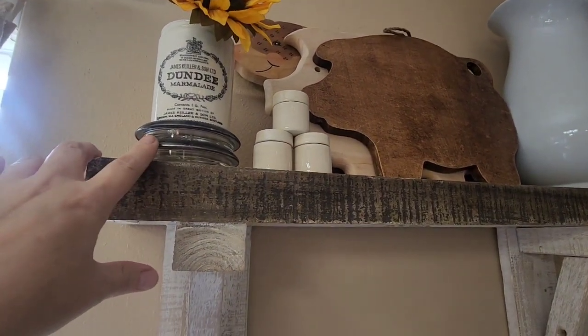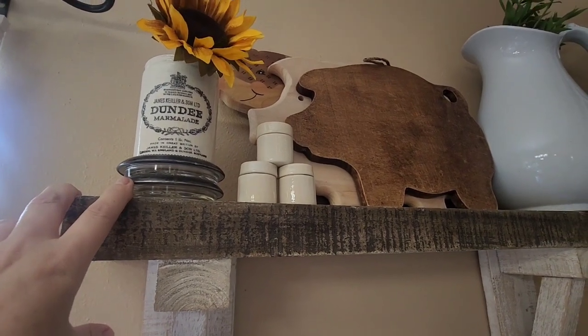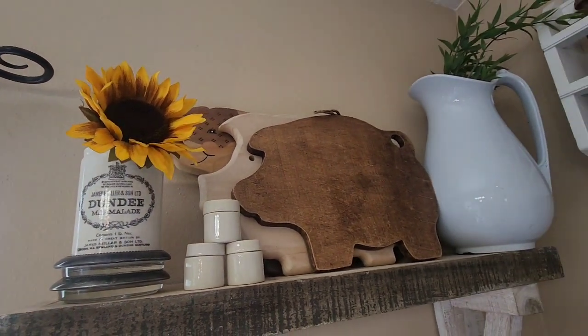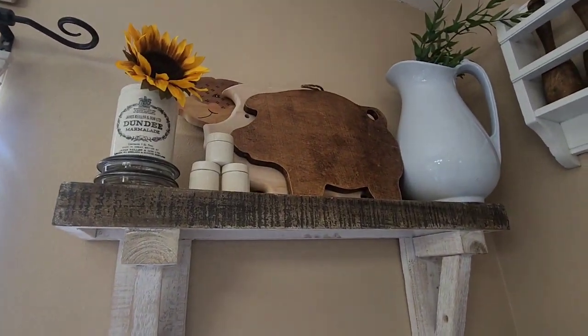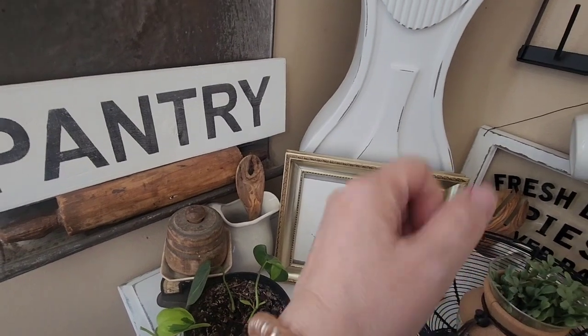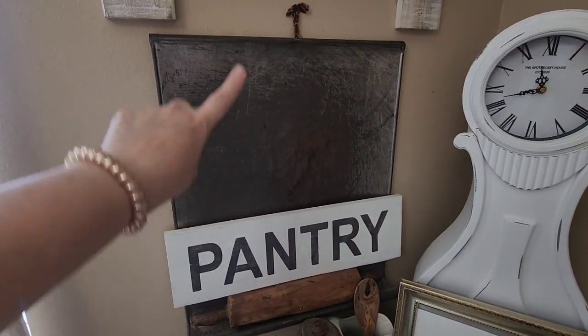These are my little, what are those called? Coasters, but they're glass and silver. There's the other Dundee jar I got from my friend. I did my subtle sunflowers here and there. So I have my little antique scale here and a couple of my butter stamps, and this is probably my